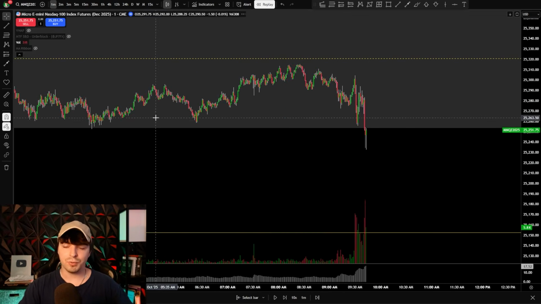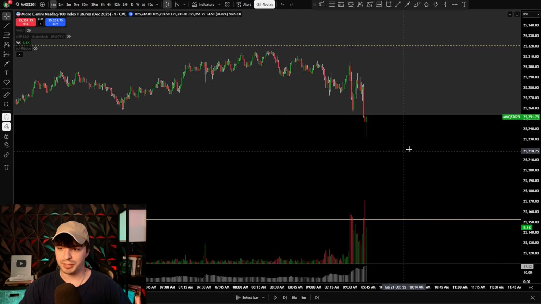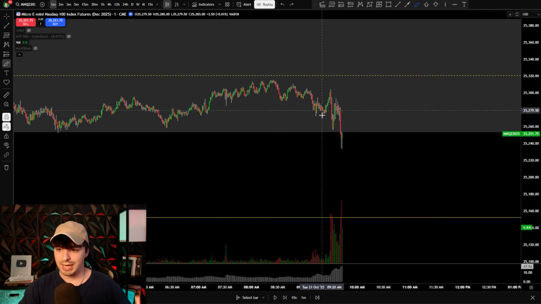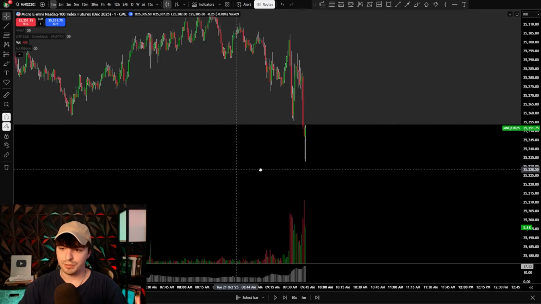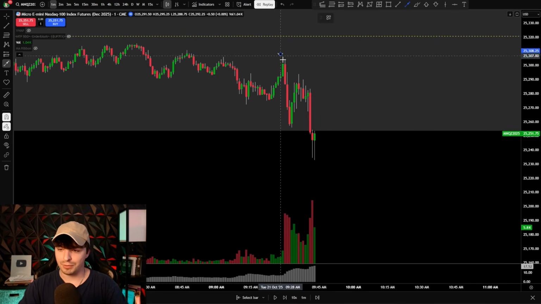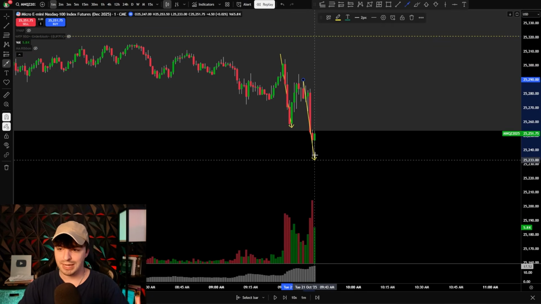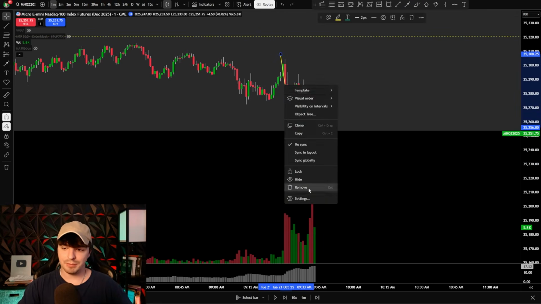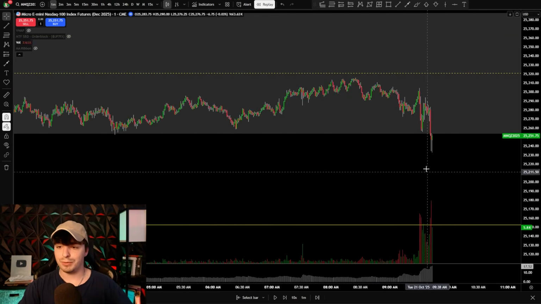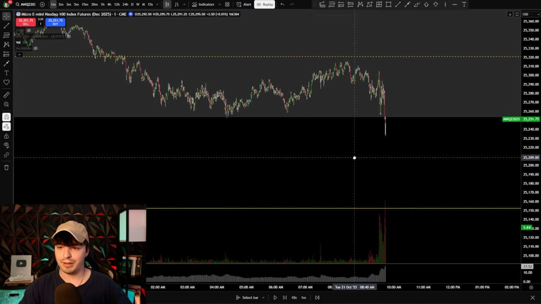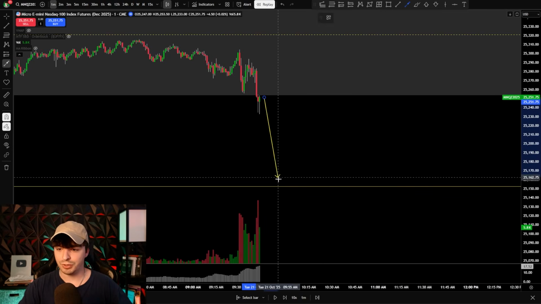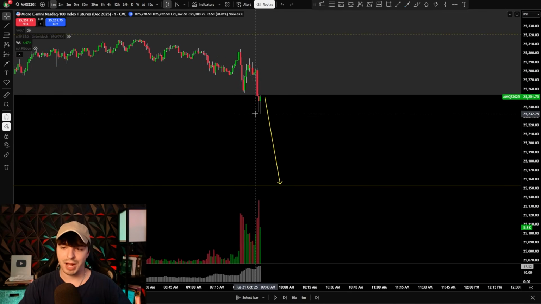So let's drop down to the 1 minute time frame now and start looking for some trades. So you can see we're in this big area of resistance, right? And now the market opens, and the market decides it's going to go lower, right? It's going lower here. We are making big moves to the downside, right? So now I know that my 1 minute time frame is aligned with my higher time frame, and I know that we are rejecting a bigger time frame level of resistance. And so basically what I can do is assume we are going here. At least we are going to try to go there.